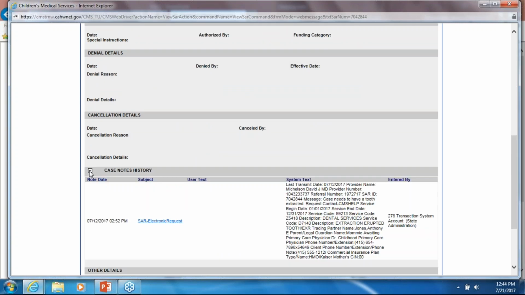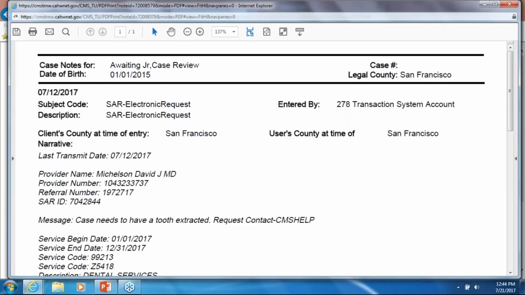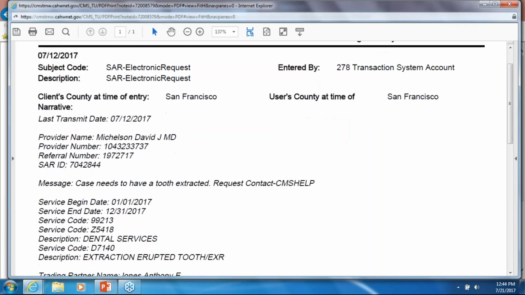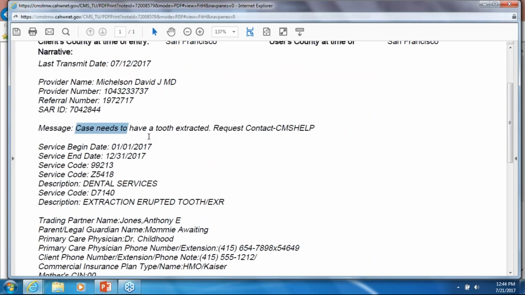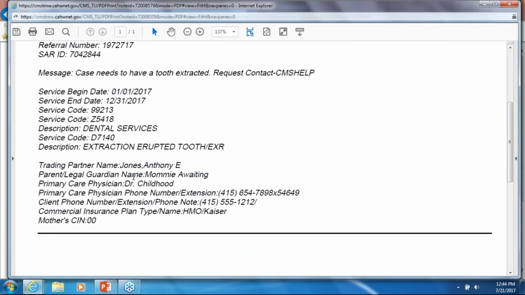And you can also view the case note. Click on case note history here, click on the SAR hyperlink case note, and it brings the information up for you to view that the request is for this provider. And there's also a message from the CMS, from the requester, the eSAR requester. And here also it has the provider, the PCP information and other stuff that they completed on the eSAR fillable